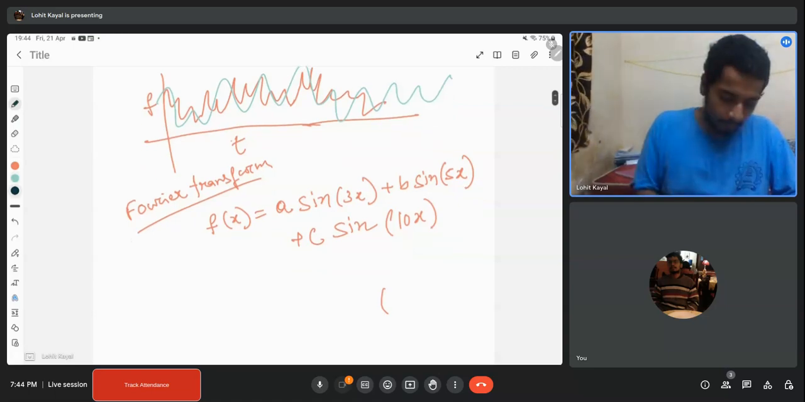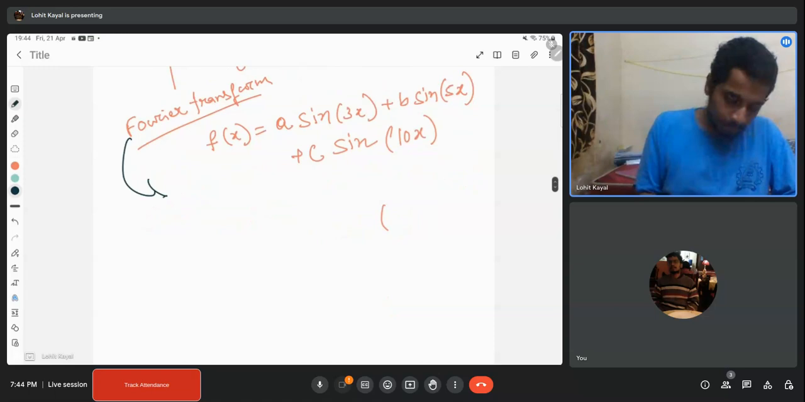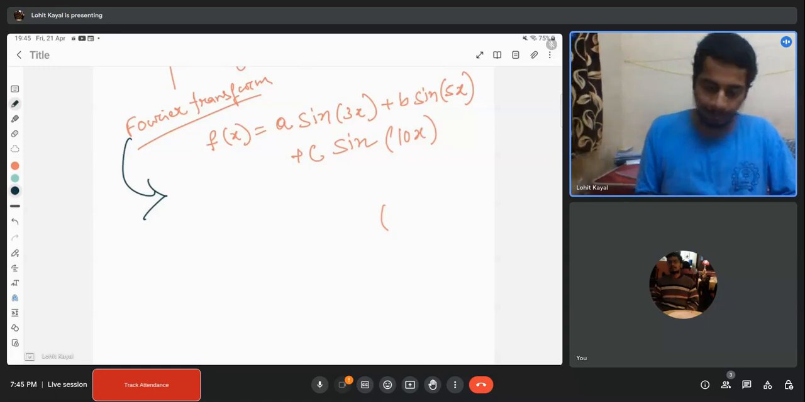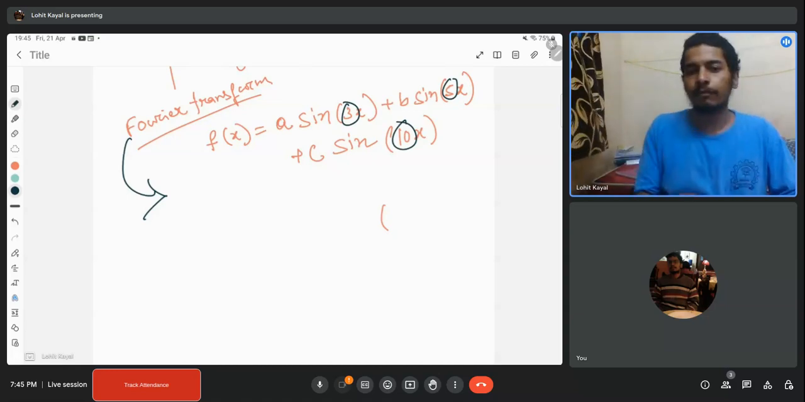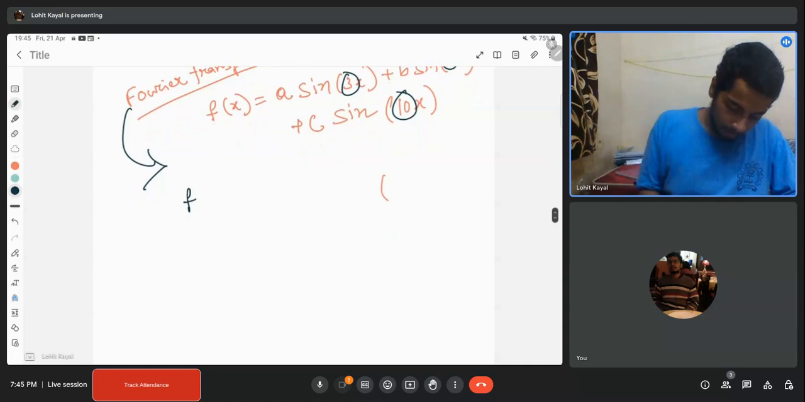Now suppose you need to decode what frequencies are present in the signal. Then you need to use the Fourier transform. This is a tool that actually uses integration to give you that one frequency is 3, another is 5, another is 10. It will give you back this answer. And the formula for that is